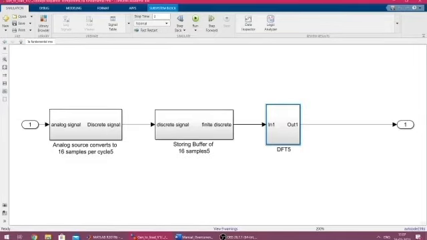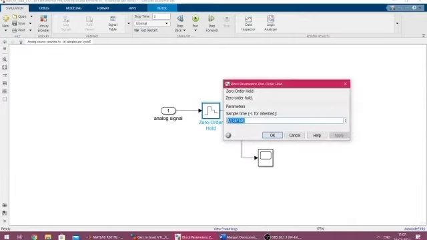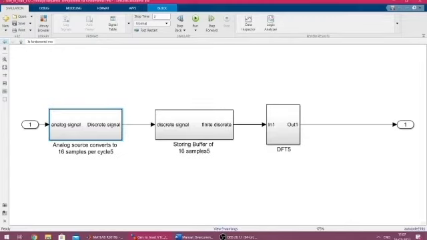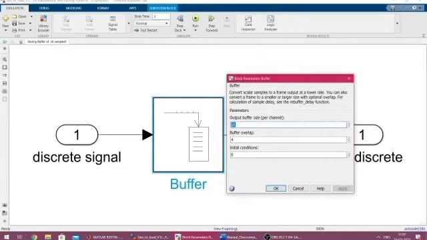Before we do the DFT calculation here, first of all we need to get the samples. For that, from the analog time-domain signal that is the input given to the relay, in order to find the samples, we follow the zero-order hold sampling technique, where the sampling time we have given as 1 upon 16 into 50, so this will give us 16 samples per cycle. These 16 samples are stored using the buffer, and this is how we define the parameter for the buffer.